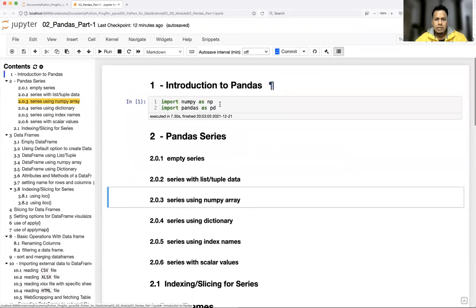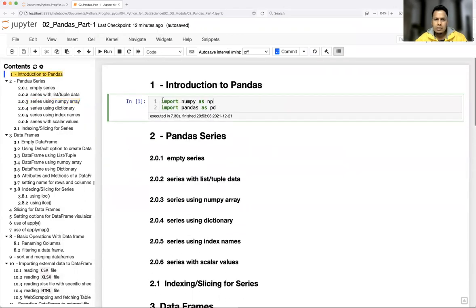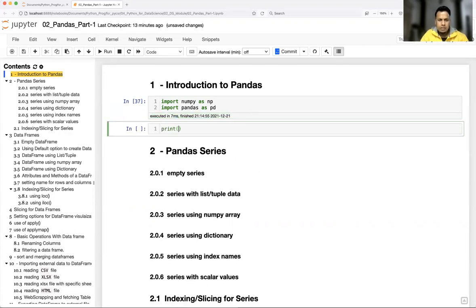Okay, so let's import the library. From this video onwards, you will see I'll keep importing a lot of different libraries. In this video we are covering NumPy as well as pandas. Next we'll see visualization, so there are another 3-4 libraries I'll be importing. Similarly, in machine learning, another 5-6 libraries I'll be importing. So let's import this: import numpy as np, import pandas as pd. Okay, so let's print the version of this.